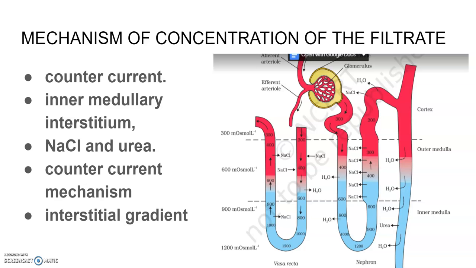So this whole transport of substances is facilitated by the special arrangement of the loop of Henle and vasa recta, and this is called the counter current mechanism. This mechanism helps to maintain a concentration gradient in the medullary interstitium, and the presence of such an interstitial gradient helps in the easy passage of water from the collecting duct. Water moves from high to low concentration, thereby concentrating the filtrate or the urine. Human kidneys can produce urine nearly 4 times more concentrated than the initial filtrate.